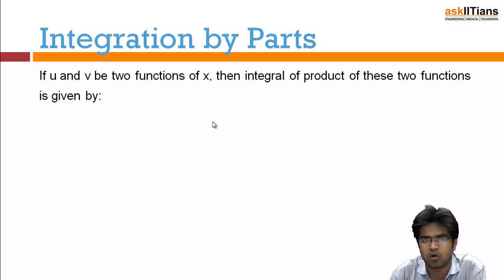As you have studied already in differentiation, when there are two different functions which cannot be combined and you want to differentiate them, there is a rule that you take the first function, then the second function, and there is a predefined formula. Similar thing happens in integration as well. If there are two functions which cannot be clubbed, for example log and a quadratic, or exponential and any trigonometric, there is a specific rule to integrate those functions.